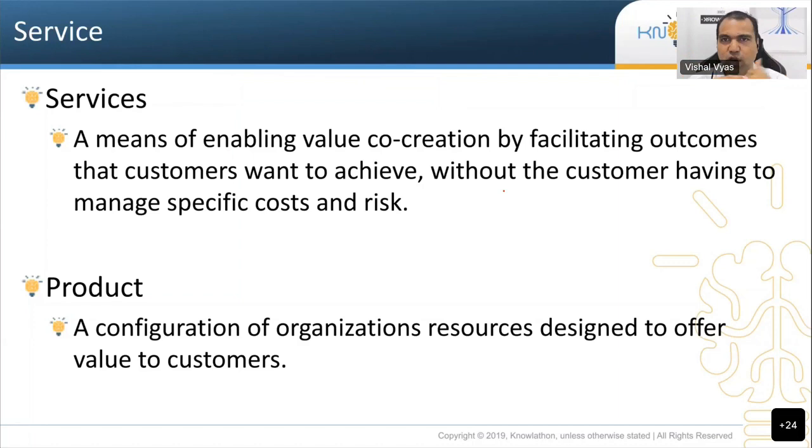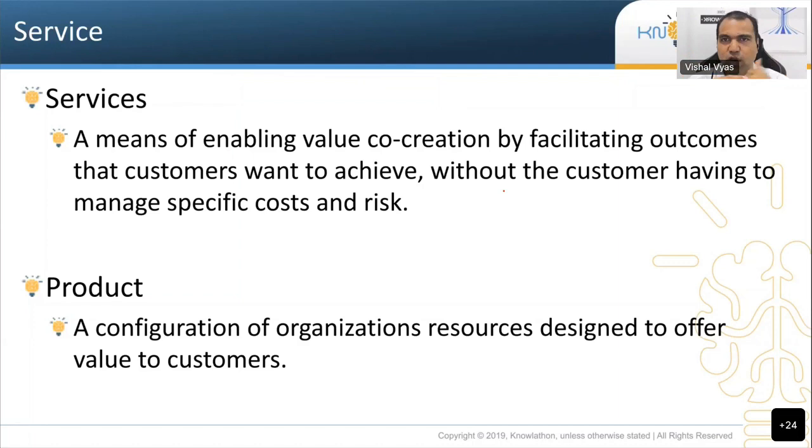Okay. So if there is Vishal Laundry Service Provider in every city, will they stop making washing machines? No, they will still do it. And who will buy it? Not you, Vishal Laundry Service will buy it. The service provider will have to buy it, right? Products are still required, but the products are managed by a service provider in this case.